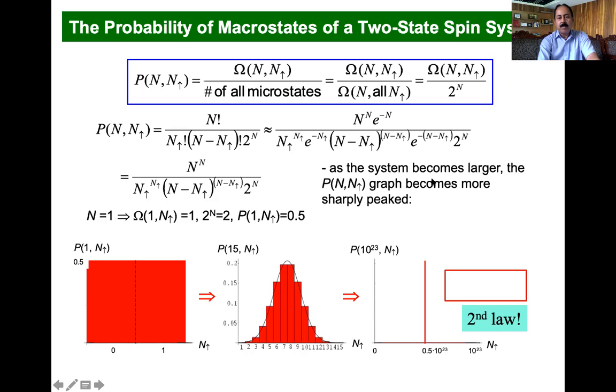If the system becomes very large, this graph becomes sharper and sharper. And when it is very sharp, the most probable macrostate is here, just in the middle, which is nothing but the random orientation of spins, a consequence of the second law of thermodynamics. So this is about the concept of